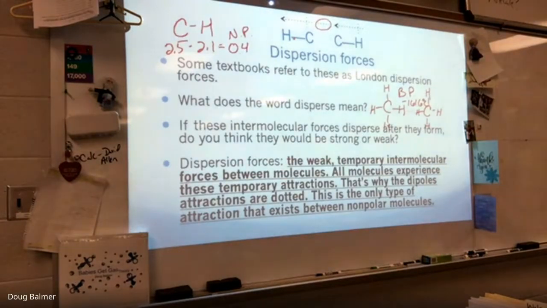But if you get it that cold, you get liquid methane, liquid natural gas. So do they matter? Yes, because if they didn't occur, you would never have liquid methane. It would always be in the gas state. So at some point, when you get these molecules moving slow enough, these intermolecular forces can occur, and therefore,